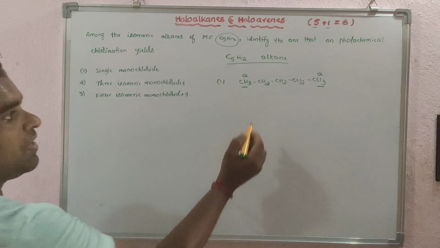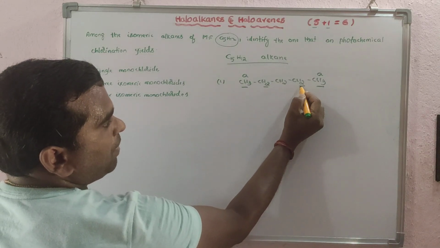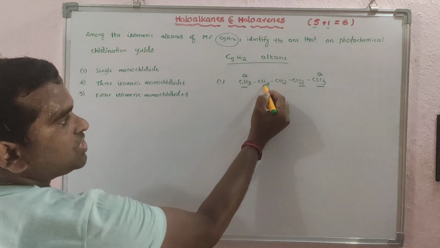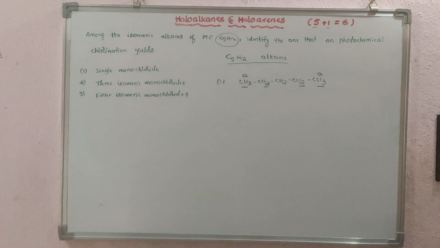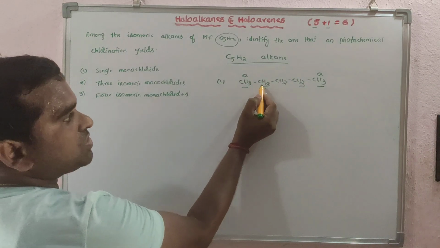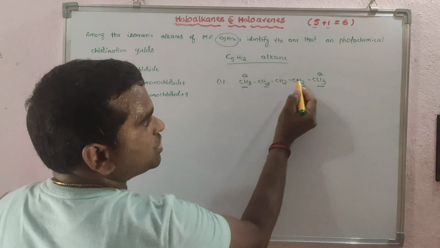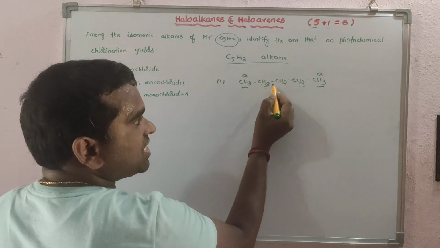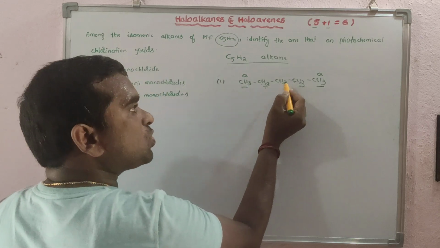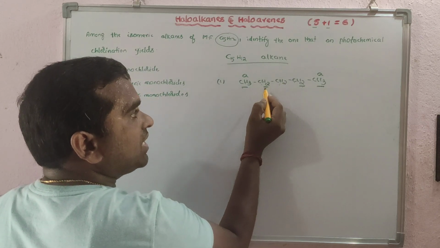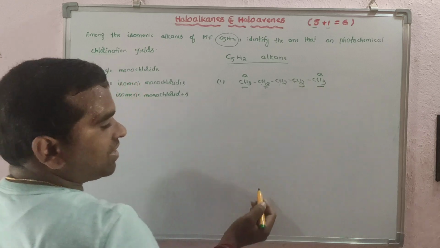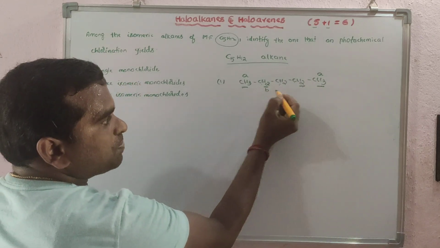Okay? Now, if I compare these two hydrogens, CH2 here and CH2 here, are both same or different? Same. Why? Because this CH2 is attached to CH3, and here also CH2 is attached to CH3, and this CH2 is attached to CH2, and this CH2 is also attached to CH2. So that's why these two hydrogens are another same type. So that's why it is B and B.